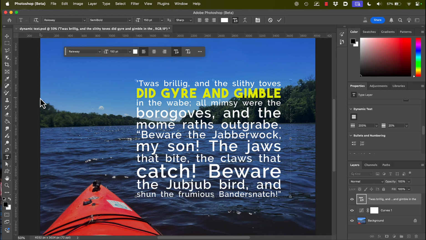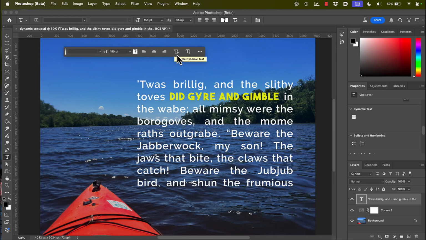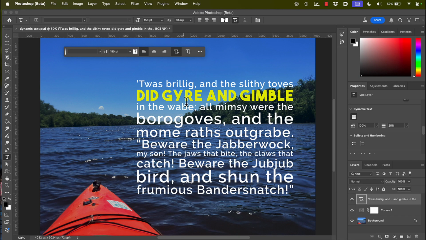Now, dynamic text can work with regular object text, but not really that great. And with object text, you don't have the resizing that you do with paragraph text. So I'm not even going to bother with it right now. And at any time, you could disable it and turn it back to regular text, and then re-enable it if you want, and it goes back to dynamic text.